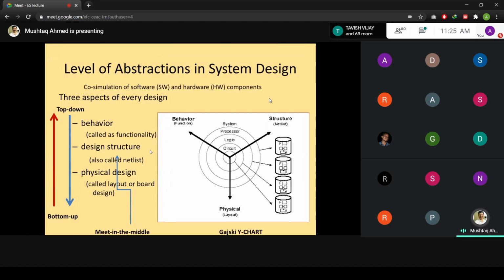In that case, the tool would make the circuit diagrams, and in that accordance you can go for device making. So we have a behavioral description, where the functionality of the device is to be depicted or mentioned. The device structure, which is also referred to as a netlist, where we give this RTL or register transfer